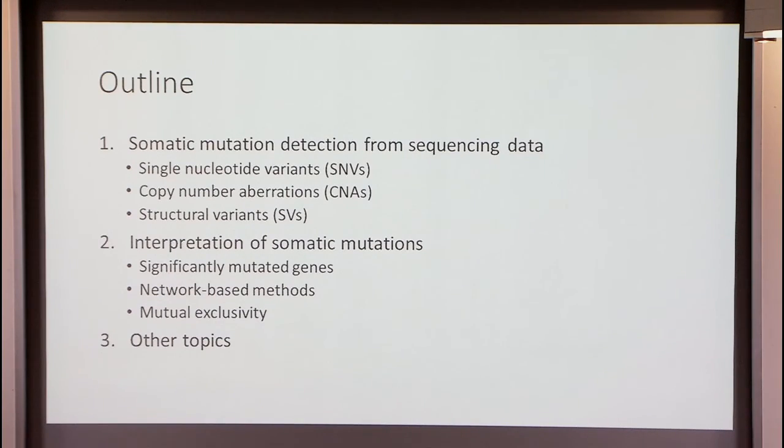Okay, so this was the outline for part one, and there's two more to come. But for the first part, we wanted to give you an overview of the different types of mutations, how you detect them from data, a little bit about the interpretation, the idea of which ones are driver mutations, which ones are passenger mutations, and a few different ways people try to do this. And then this third one of other topics. This is very mutation focused. The other topics are not mutation based, and we'll leave that as a mystery for the end as to what those topics will be.